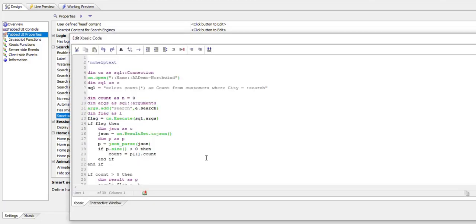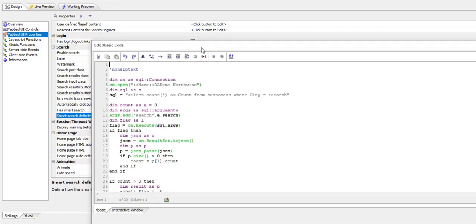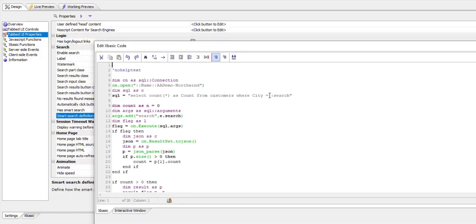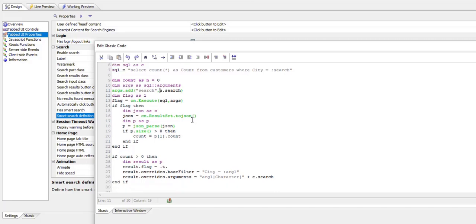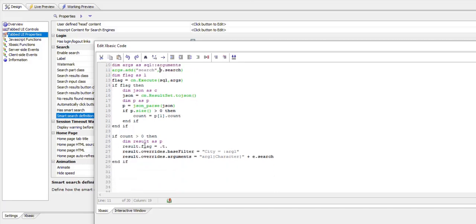So you can see here what this rule does is it does a query against the customers table in the Northwind database, getting a count of all the records that match the value that was typed into the search string. That's our SQL statement. And then this argument search is defined as e.search. So that's the value that was typed into the search string. And if this count is greater or equal to 1,